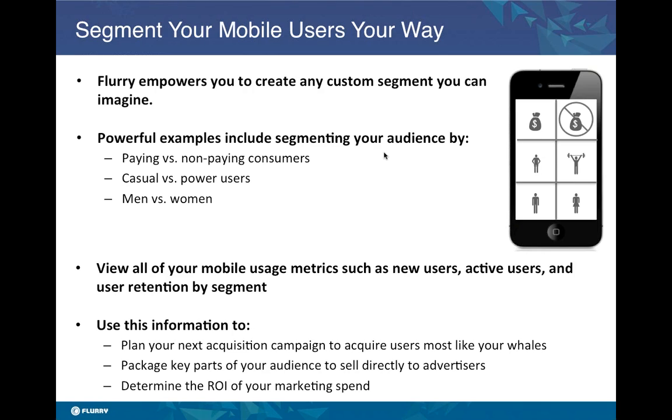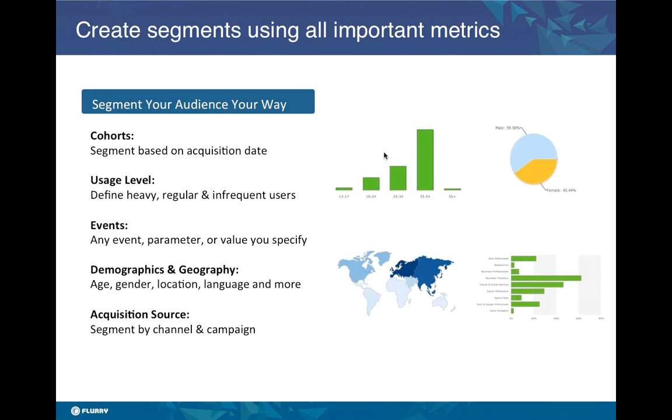And there are a variety of different ways that you can segment your audience in Flurry. One way is cohorts. So you can understand a group of users based on their acquisition date or when they first started using your app. A second way is by usage level. So you can define a group of heavy, regular, or infrequent users and really define that however you want. The third way is you can define a segment based on events. So as Mike mentioned, an event is any action that a user takes in your app,